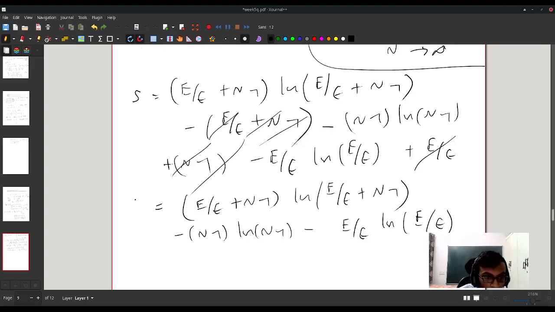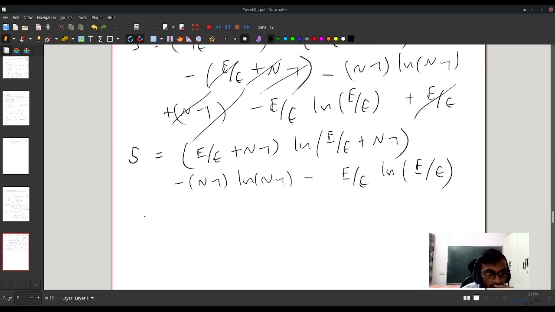This is the entropy, and what we need is the temperature. So if you can quickly calculate that,